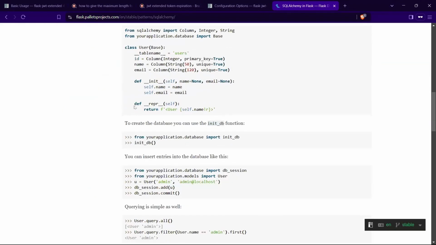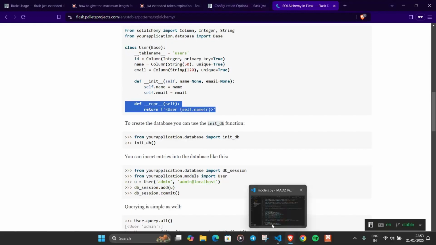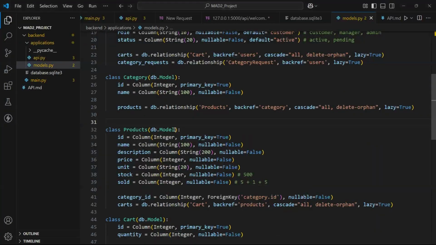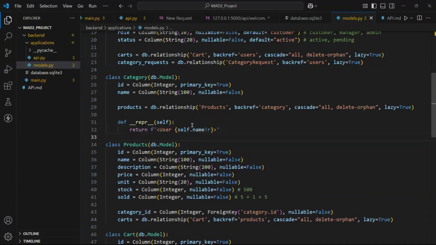Okay, so here is one of the methods. This is a default method. I will show you what it does actually. So let me copy this. Let's paste it here. So you can see